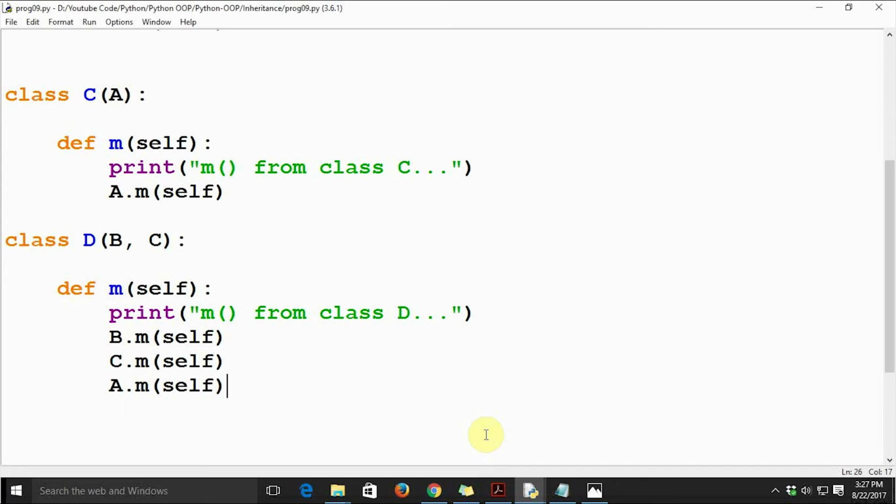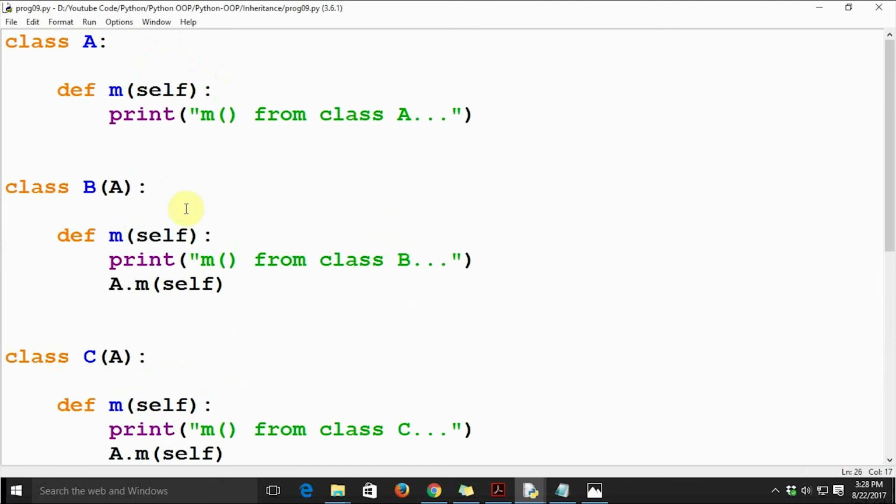That way is known as super. We just need to use the super method to call the method m from the base class, right? So now let's see how to do it.